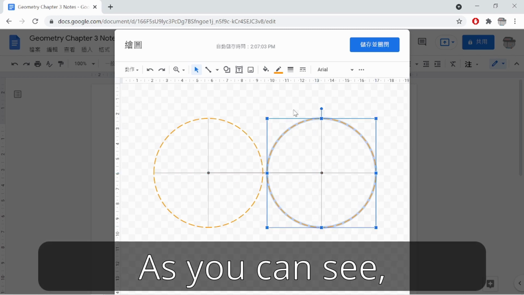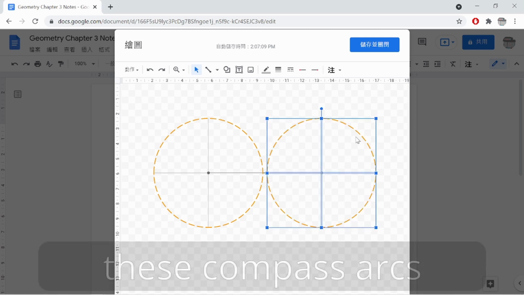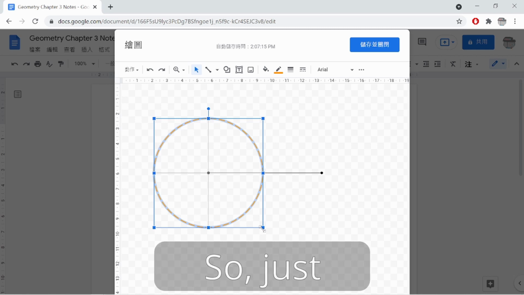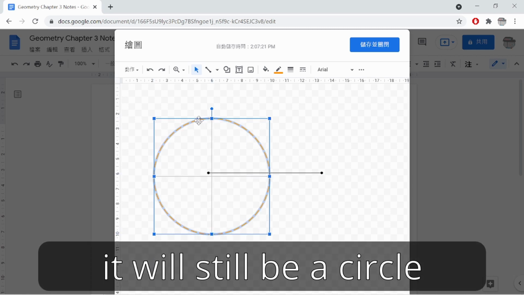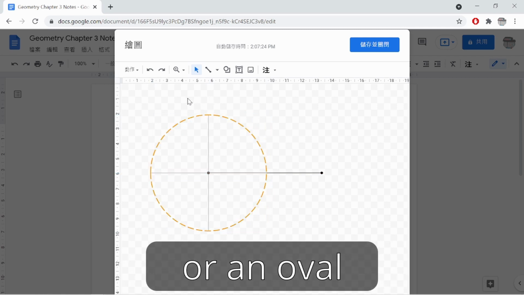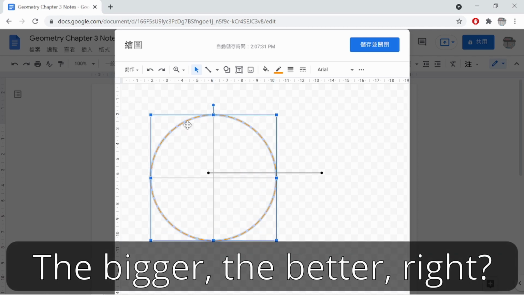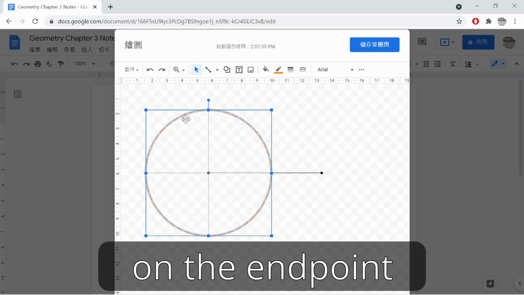Oh, as you can see, our circles didn't intersect, so we have to redo these compass arcs. So just resize the circle while holding shift, so it will still be a circle instead of an ellipse or an oval. And the bigger the better, right? And now let's align our circle on the endpoint,